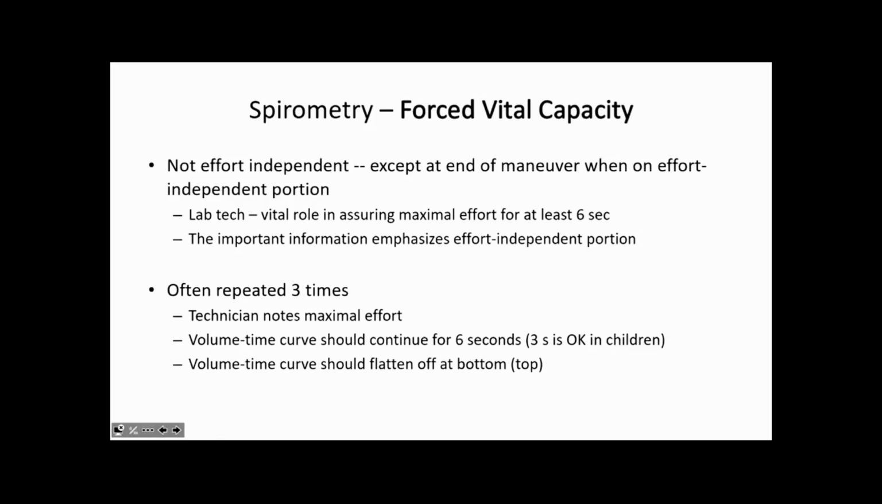And 6 seconds may not sound like much, but it's a lot harder than you think it is. Those of you who've used spirometers before will know that. The air comes out really fast at first, and then you think nothing's coming out, but your technician